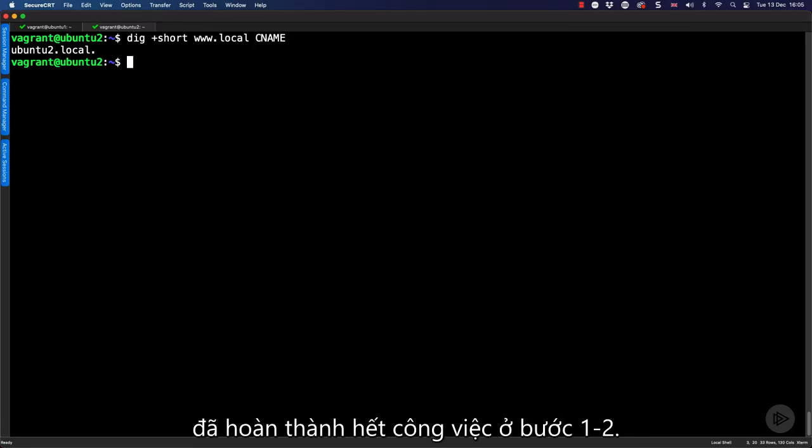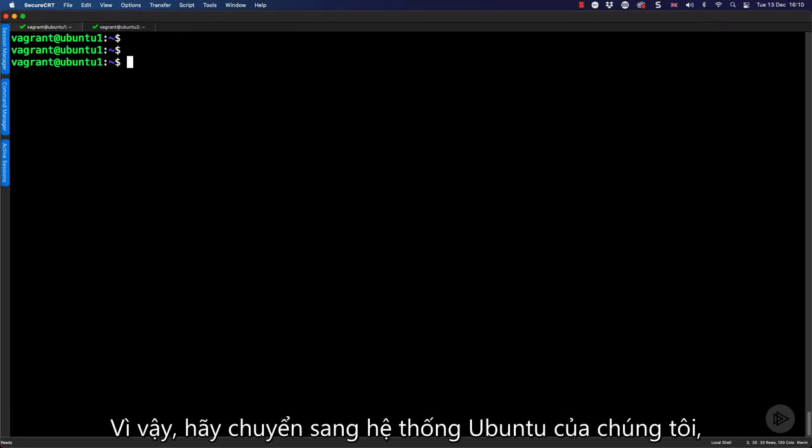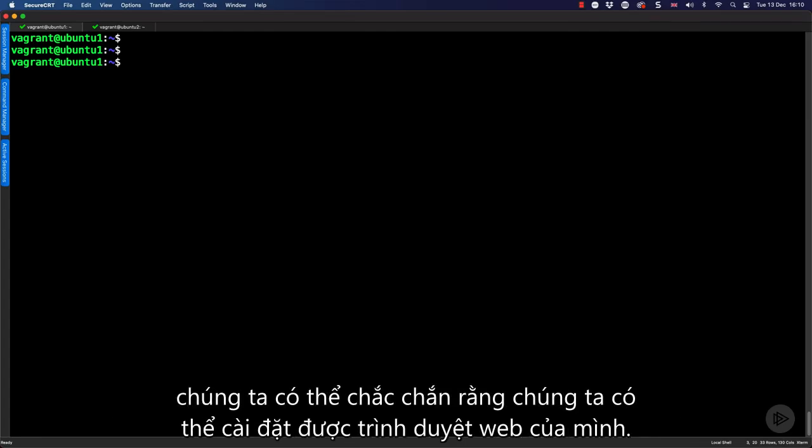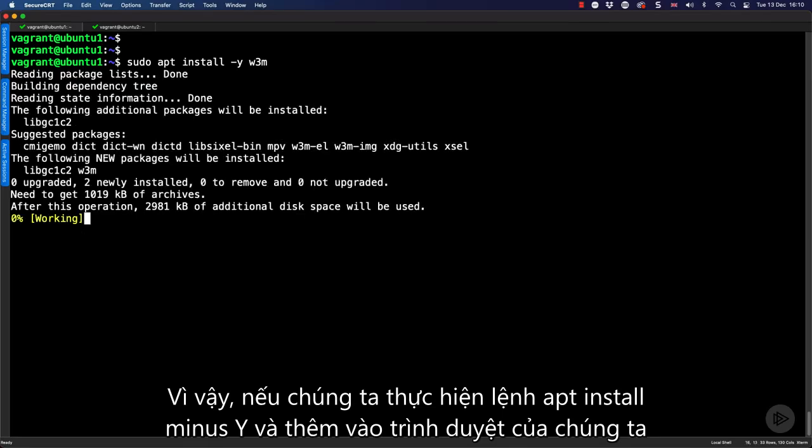Now, we've done all of the work on the Ubuntu 2. Ubuntu 2 is going to be our server that we use. So moving across then onto our Ubuntu 1 system, we can make sure that we can install our web client. So if we go through and do our sudo apt install -y and add in our browser,